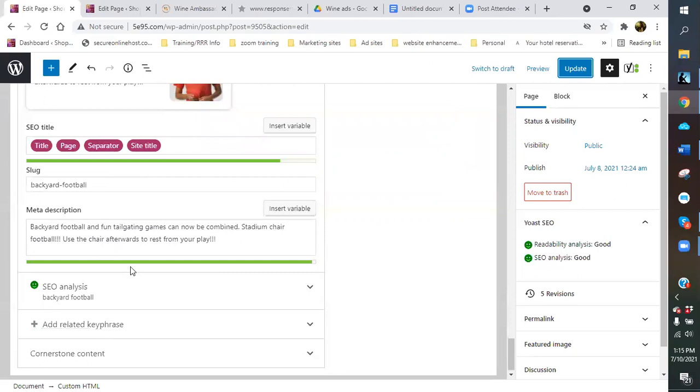Same thing with your meta description. Your meta description needs to be a short description of your page that draws their attention, but doesn't give away everything that your page is about. It's an interest getter. It's one of those things that you want them to draw interest in so that they can click your link and read what else you have to offer.